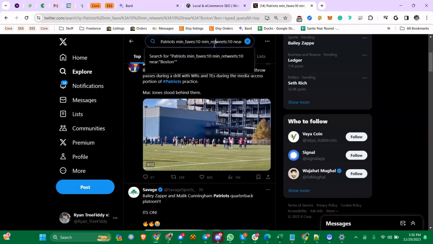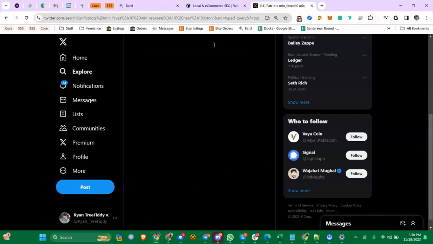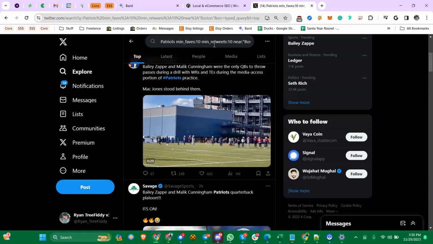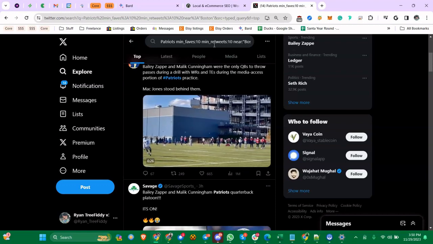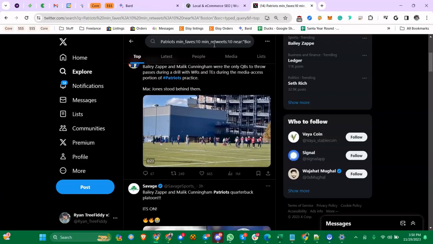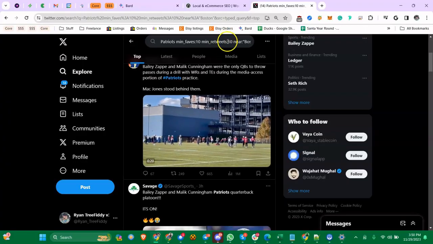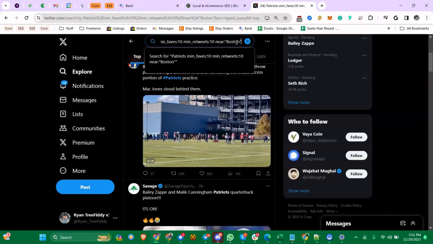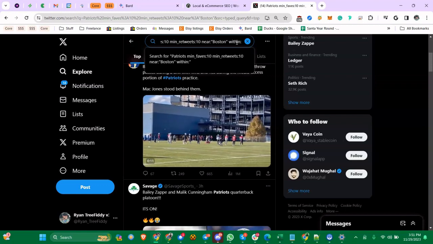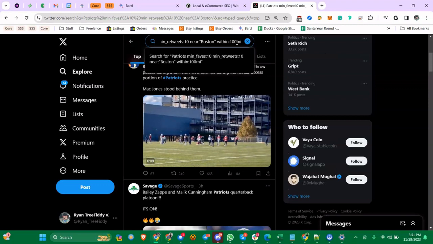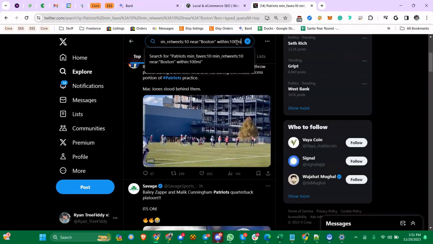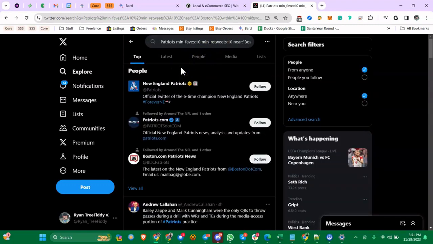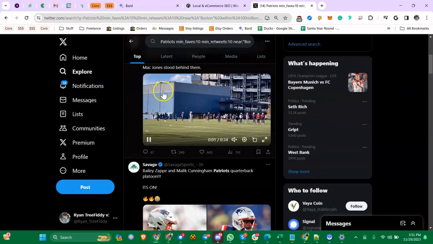Now, what's even cooler, so that's just going to be near Boston, which I think defaults to a 10-mile search radius of Boston. But what's really interesting, well, the Patriots are the New England Patriots, so it's all of New England. So it's Boston, parts of Connecticut, Rhode Island, Vermont, New Hampshire. So you could do near Boston, and you could do within 100 miles. So Boston is the target geographical location, but anybody within 100 miles, right? So this is using GPS on people's phones, obviously, or I should say location services, right? So these are people who have